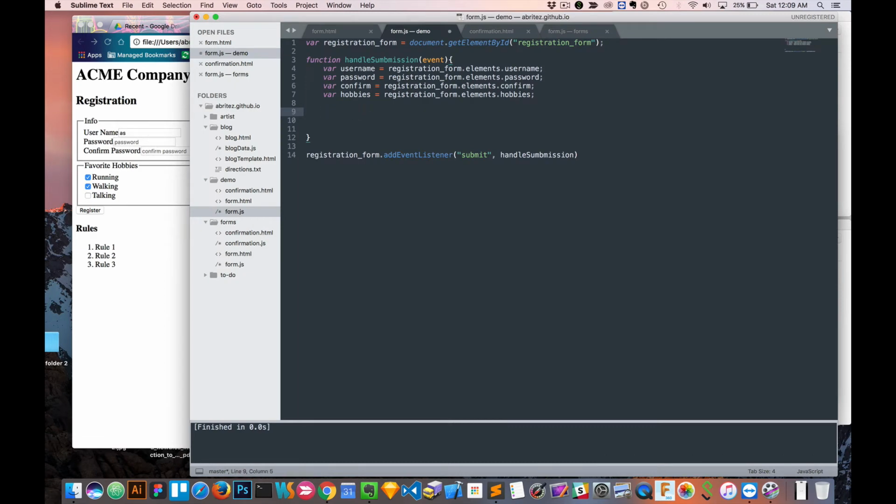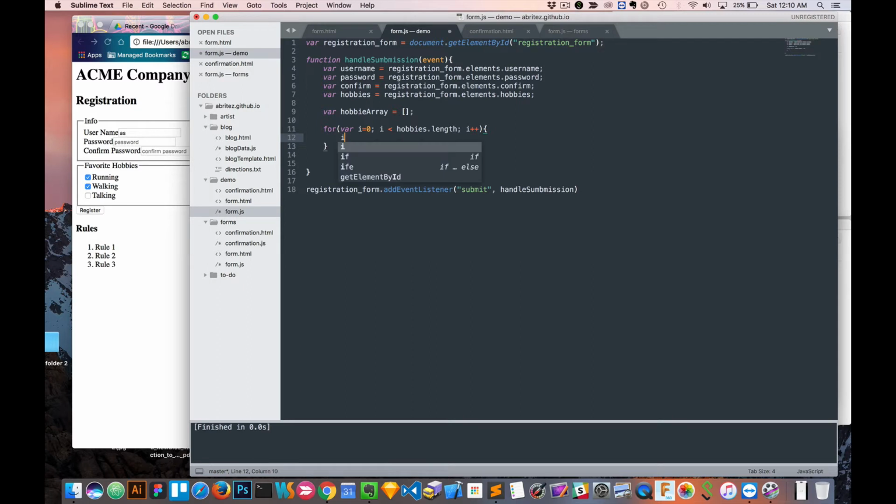So here we go. We're going to first create an array, right? We'll call this hobbies array, and just make the array right there, right? Then what we want to do is we want to create a quick little loop here. So i equals 0, i less than hobbies.length, right? And then i++, right? And so I'm going to go through everything inside of hobbies. So it's going to give me all these checkboxes,